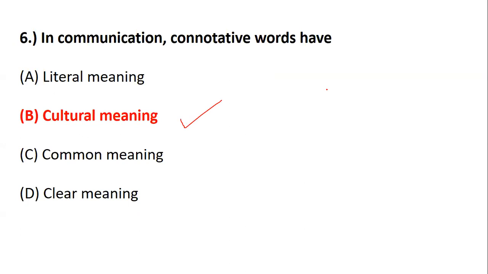So, for example, if I say the impact of color red, red is defined as red in denotative. There is no meaning, but red indicates love, red indicates danger, red indicates a sign to be alert. So, a stop. So, cultural meaning comes with the connotative words, but if it is a definition meaning, it is called denotative words, right? So be careful. Even this concept was very common, and questions are coming out of this concept.